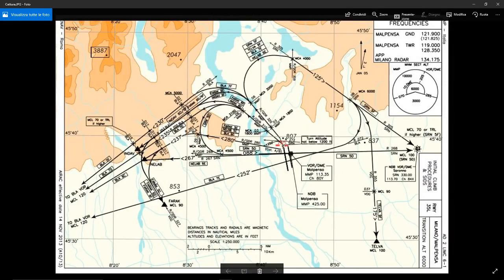Okay, this is the FARAK 5 Charlie exit. Shortly after takeoff, at about 1,200 feet, we're turning left on QDR 280 Mike Papa for about